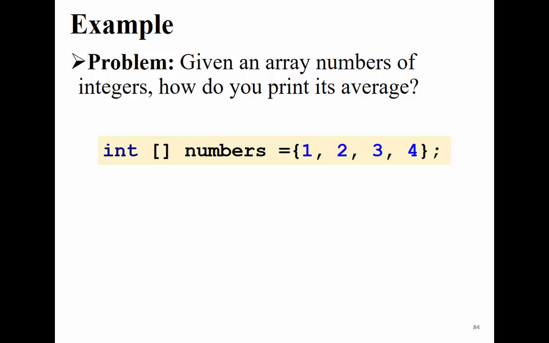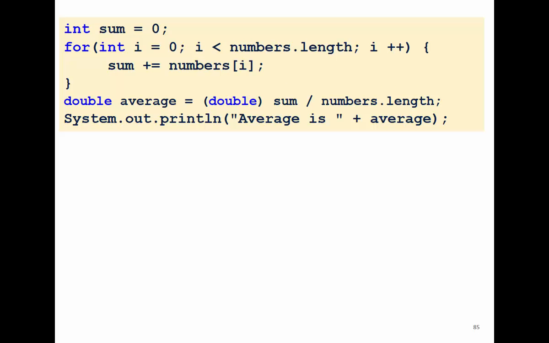Now we can see this problem. We are given this array, and we would like to compute the average. The array is numbers, and we have to go through this array and find the average. So we define sum equal to 0, and we have the for loop, i equal to 0, i less than number dot length, i plus plus, then we add the element of the array to the summation. This is an incremental summation, sum plus equal number of i. Then after we finish the loop, we have the sum of all the elements.